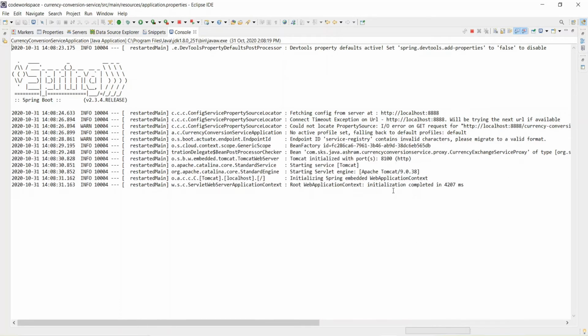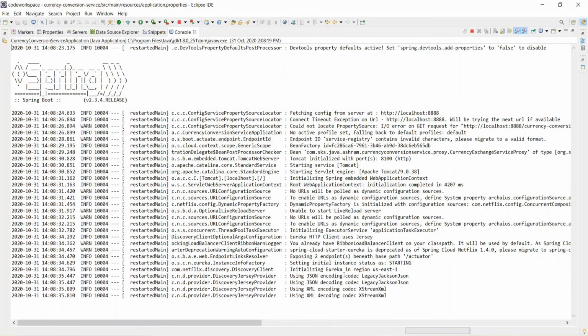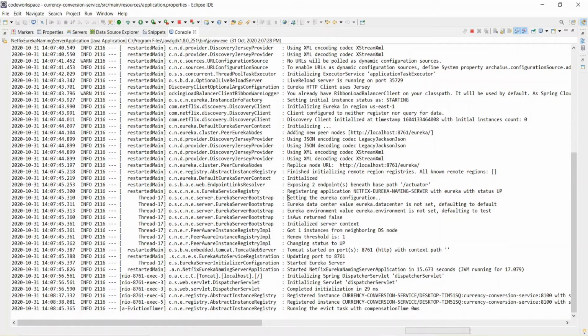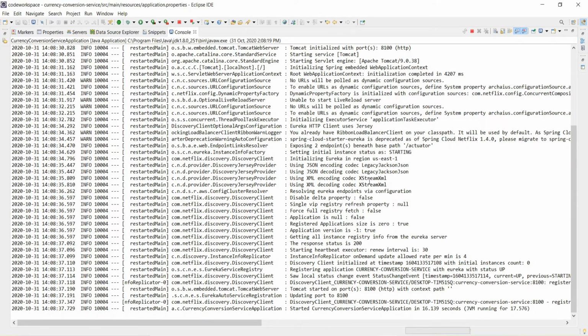It's getting started. Unable to start LiveReload server, that is fine. Initialized Eureka. Yeah, see, that's important. Registering application with the Eureka naming server. We need to go to the log of our currency conversion application.